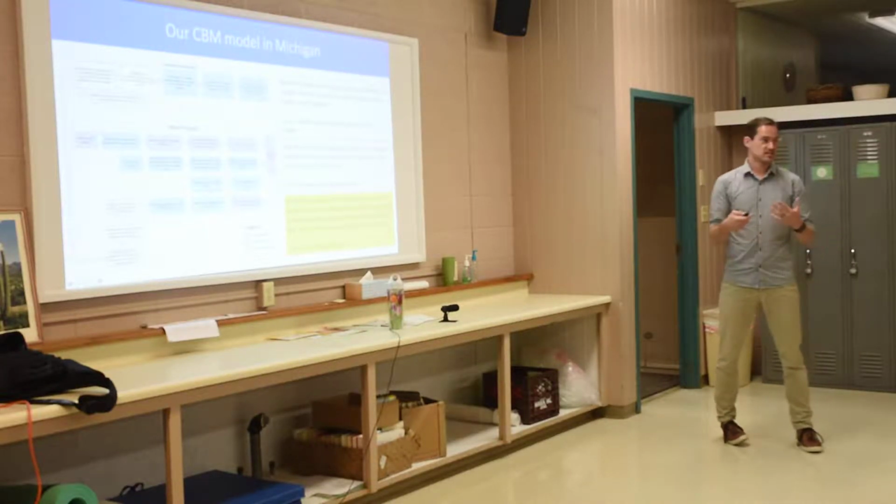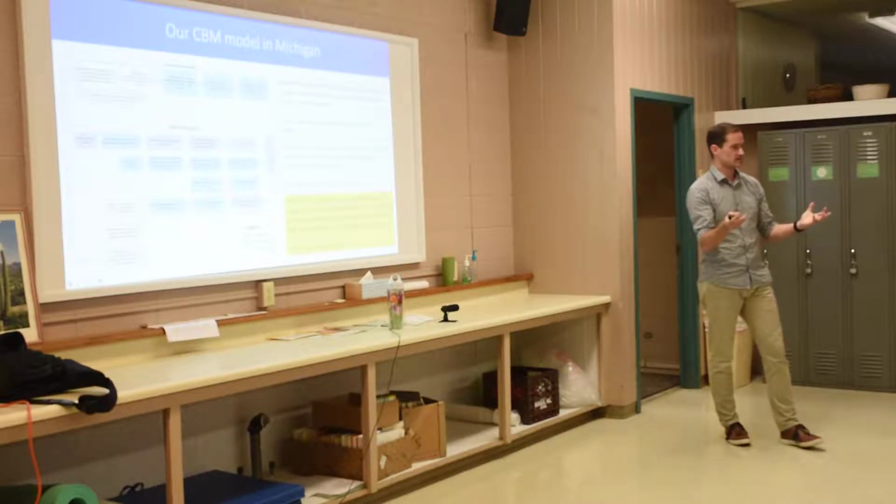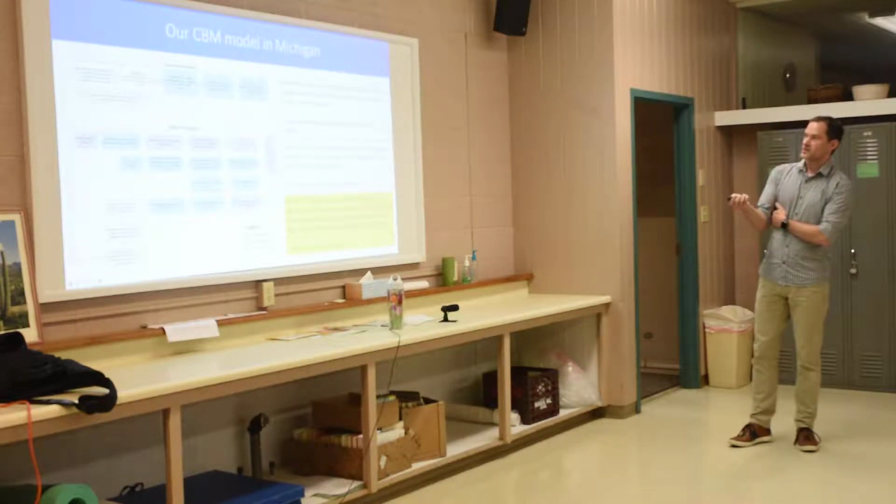And we can do things like spiking different controls into the pipeline, so we can give a blind sample to a community partner, and we know what that sample should give them, so when they give us a result back, if it's really off from what that is, we know something's going wrong in the method somewhere. The point here, though, is that then we have this whole pipeline where the community partner is doing a whole bunch of things like collecting samples, doing data entry, doing the DNA extraction. There's a bunch of feedback coming in with the quality control lab, the central lab protocols, and everything feeds back